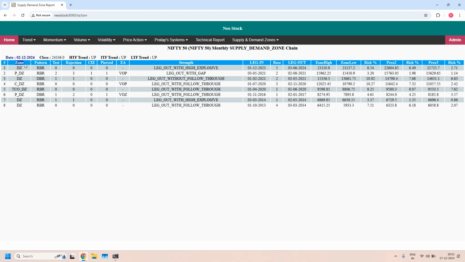Always look into the zone column to find the high liquidity zone. Look into the pierced column to find the pierced zones. Always look into the LTF trend to find the trend of the current time frame you have selected. Apply the same rules for the remaining supply demand zone chain reports. And also don't forget to pause the video when you are moving from one report to another report, because I am giving you only few seconds time. Okay, next,